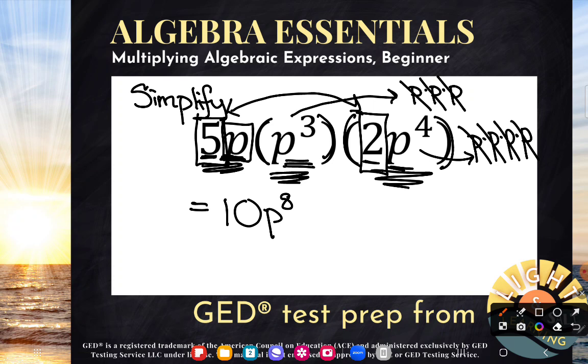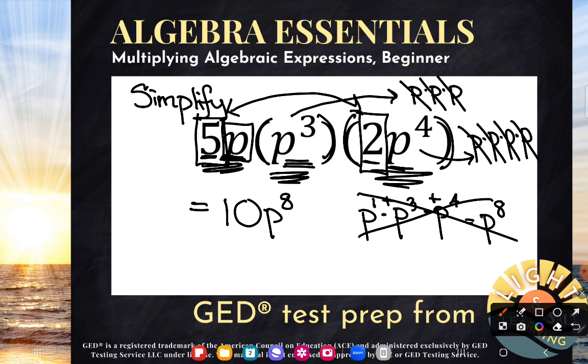Now, if you're the super cool student who noticed that there's a fast way to do that, like instead of counting, I could just add, Kate. There's 1 p multiplying plus 3 more p's multiplying plus 4 p's multiplying for a total of 8 p's multiplying. I agree with you. That rule you'll learn in college. It's called the product rule. But even if you don't know it, you can do it just by what we know about exponents and the